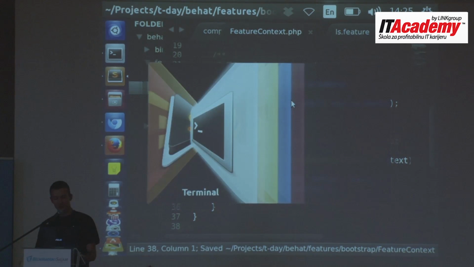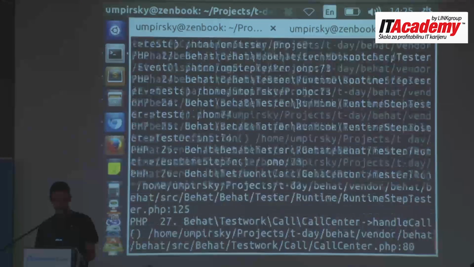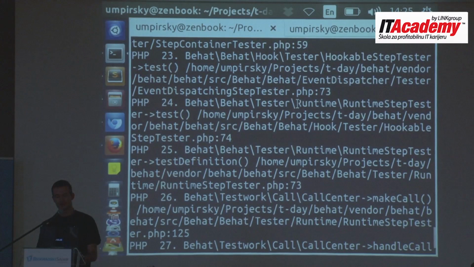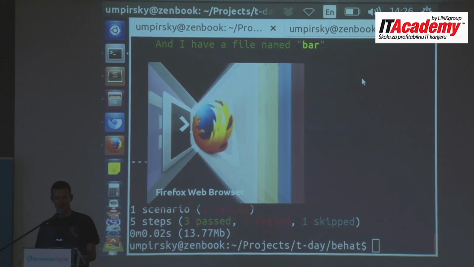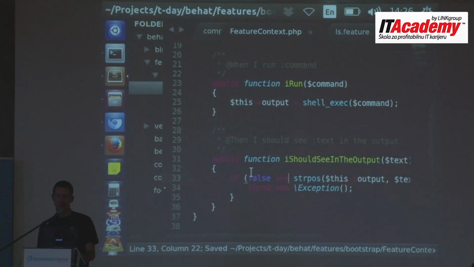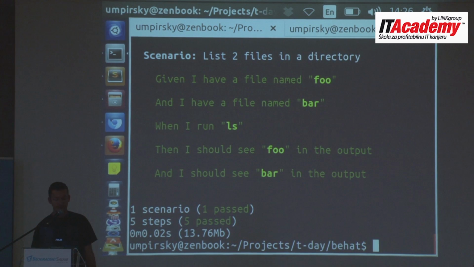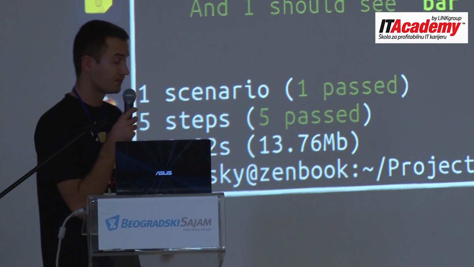So now if I run it, it fails with some, okay, typo. Thanks. I should see bar, but I don't see it. Let's see why. Okay, false. So if it is false, then I didn't find it. Now it's green.